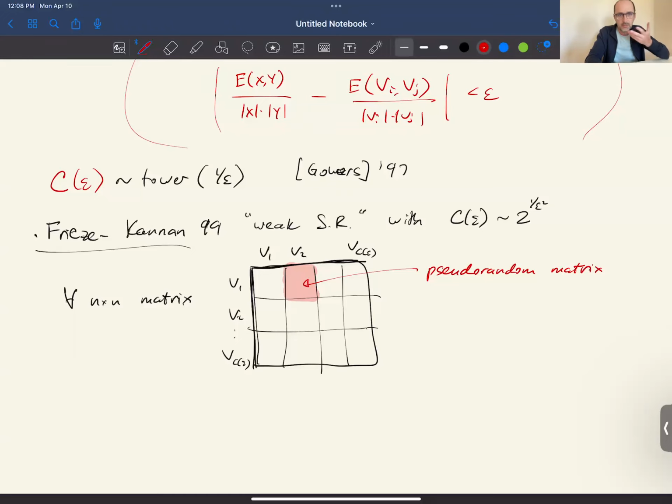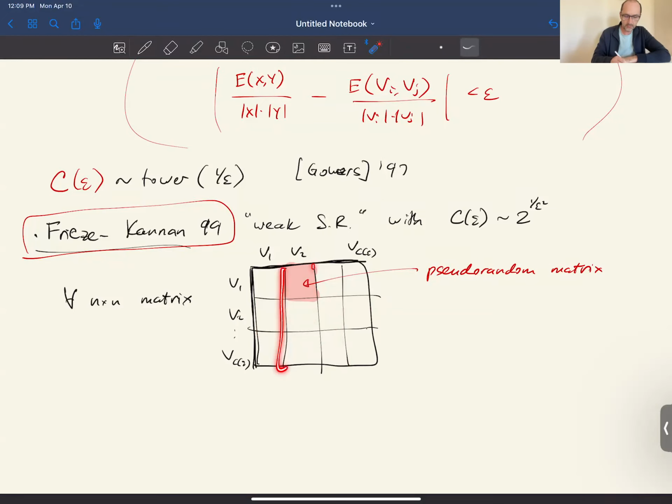So in the matrix form, Szemeredi regularity says something like any matrix can be decomposed into a small outlier and a bunch of pseudo-random matrices. And let's state that weak form in the Frieze and Kannan version of it. For that version, we would like to approximate any n by n matrix by the matrix that's flat on each block, which means that all the entries in each block are the same.